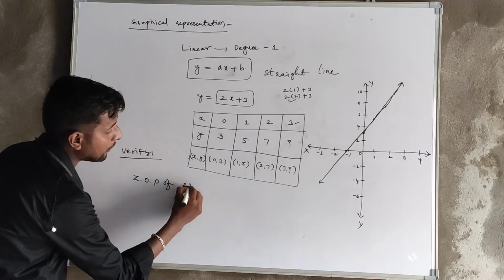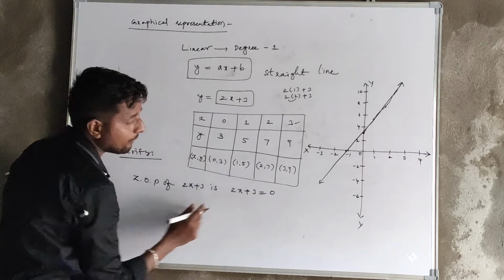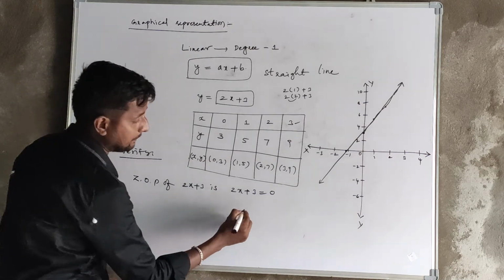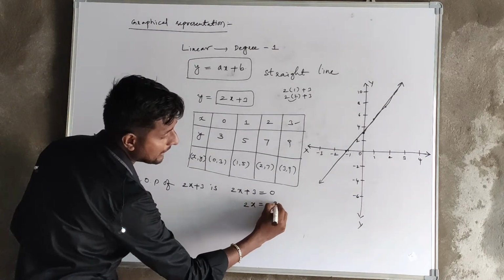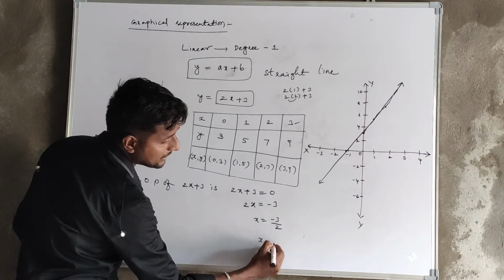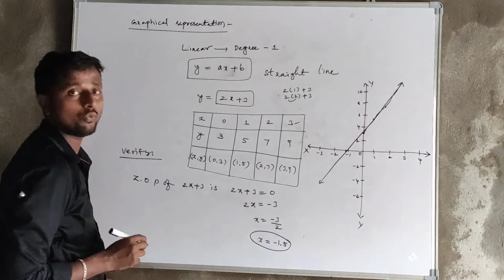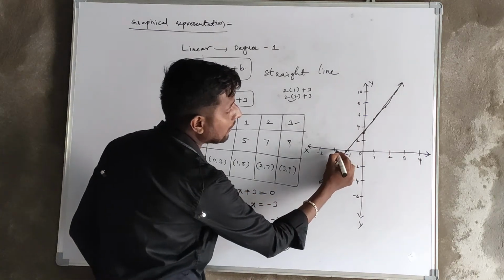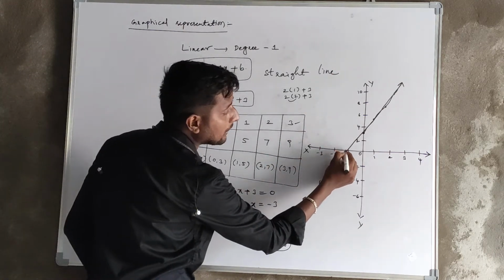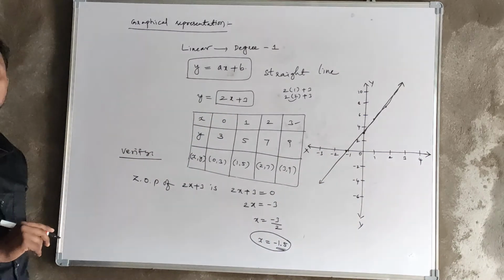So now we simplify the zero of the polynomial, we are just verifying it. The zero of the polynomial 2x plus 3: we'll write 2x plus 3 is equal to 0, because we want to know what is the x value which makes the total polynomial 0. Now 2x is equal to minus 3 and x is equal to minus 3 by 2. If you write it in decimal form, minus 3 by 2 is minus 1.5. That means it is in the gap between 1 and 2. Correct? No? If you draw exactly with the help of a ruler, definitely the line passes through the point 1.5. So what did you get here?